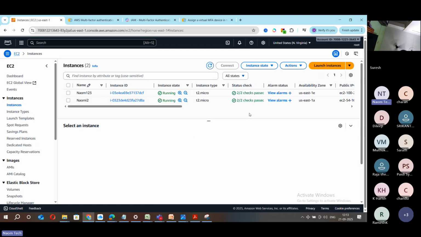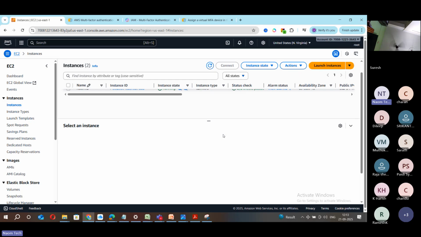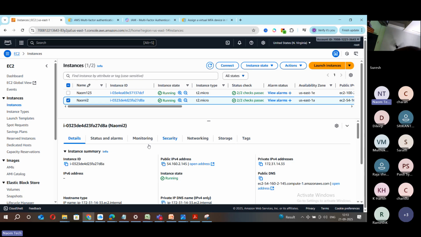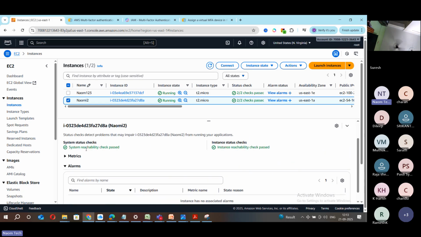And now you should see that checks are passed. Now you can go and check under this. Now select this instance. Now click on that. Where is that status and alarms? But you can see now this time that green checks appearing here, right? So these two checks should happen to make sure that your instance is properly initialized. System reliability check passed. That is one check, and the second check, instance reliability check, is passed. These two checks should be passed to make sure that your instance is properly initialized. You got it right. So this is all the ins and outs about the EC2 instance